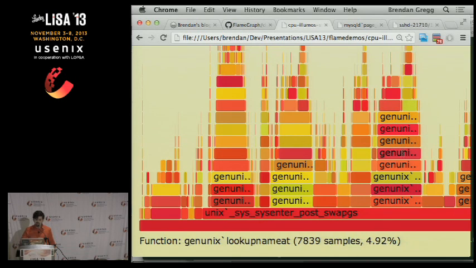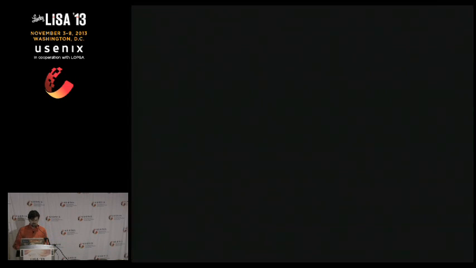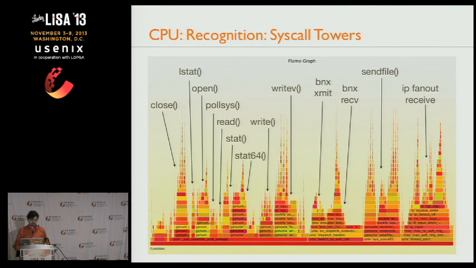And of course, I can mouse up here and figure out how that system call was actually working and the code path it was taking. So again, great for operating systems internal classes. Students can navigate it, figure it out, and learn the kernel quickly.